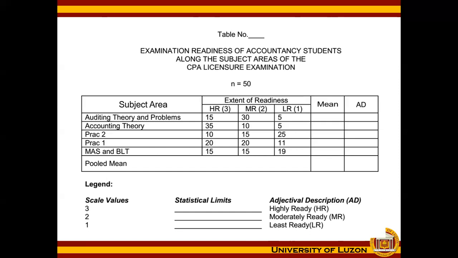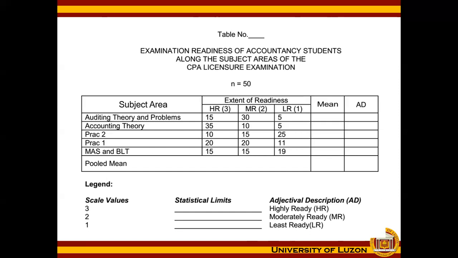What about MAS and BLT? 15 plus 15 plus 19, that is 49. But the question is, is that right? Are you going to allow a number less than the total sample? The answer is